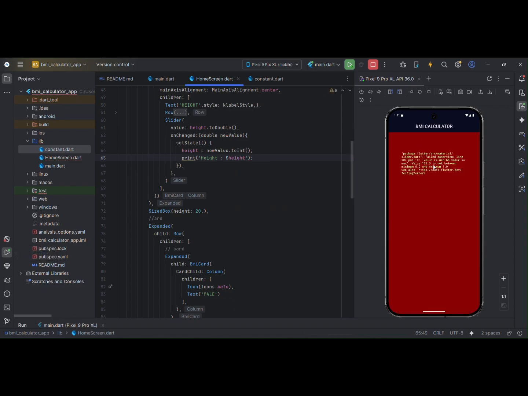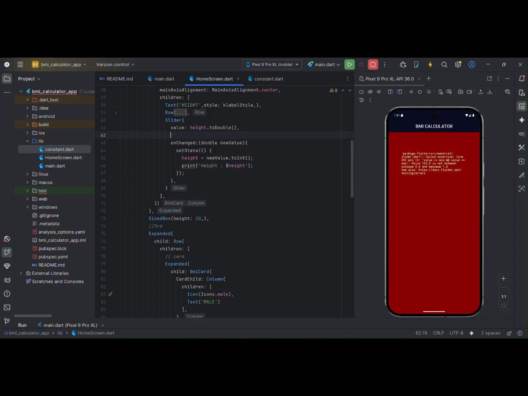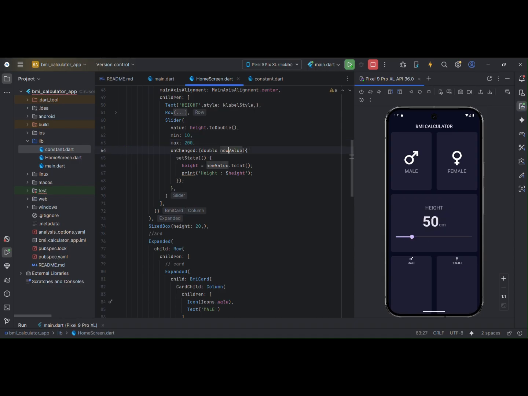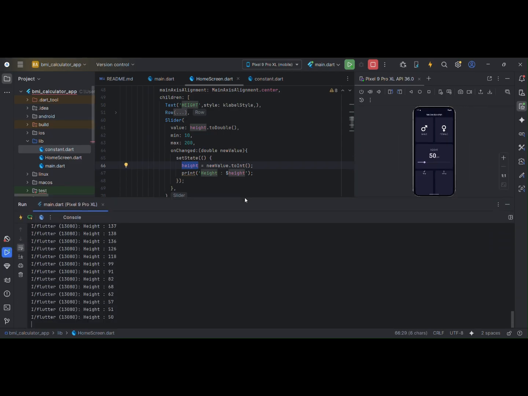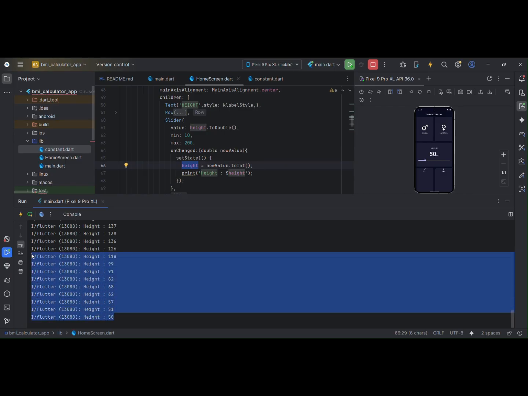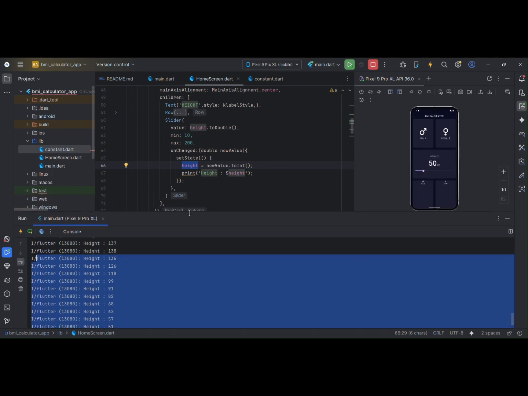And also there are a few errors saying that there's no min and max. So there's also one more property under this slider. There is a minimum. What is the minimum number you're giving? Let's say you're giving a 10. What is the maximum number you're giving? Let's say it is 200. Okay, between 10 to 200 there will be values. Okay, and it is moving because we have set it a new value. The moment a new value comes, the height will be changed to that value. And also if you could see here, we are getting all the integers, so it has been converted into integers instead of double. Okay,